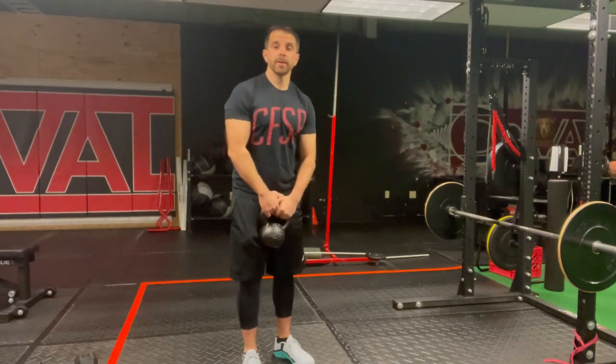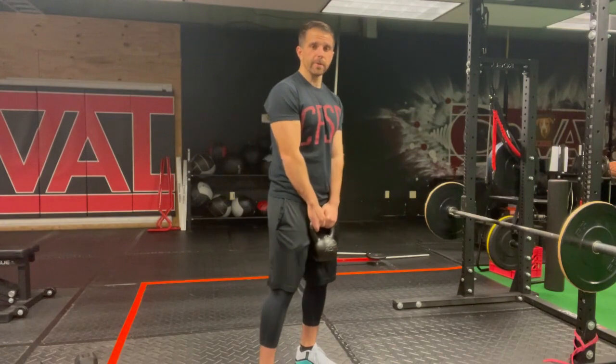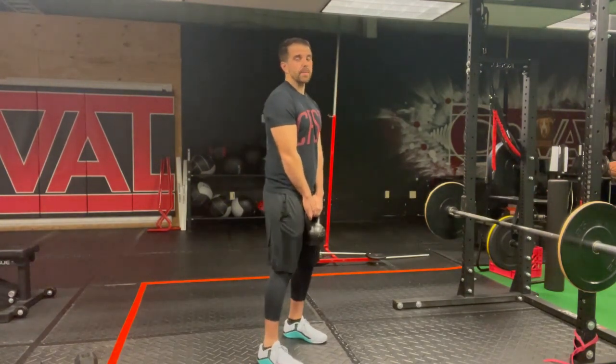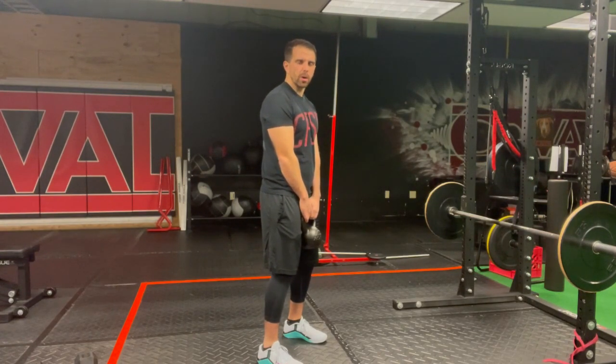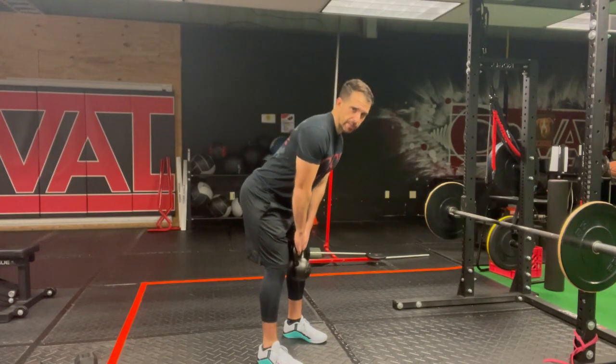Kettlebell RDL. So set up on this, we're going to go about hip width apart with the feet, okay? Feet are going to stay flat this entire time, okay? So we're going to be heavy on the feet, almost like sinking into the floor, melted to the floor. We're going to push the butt back, up towards the ceiling as we reach back